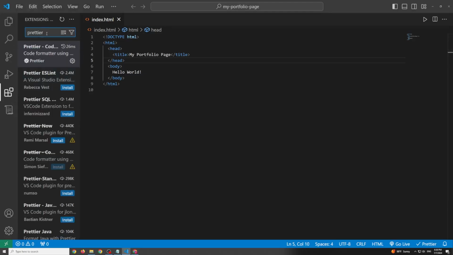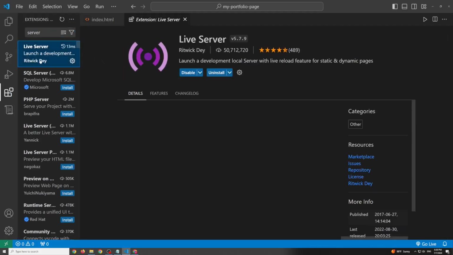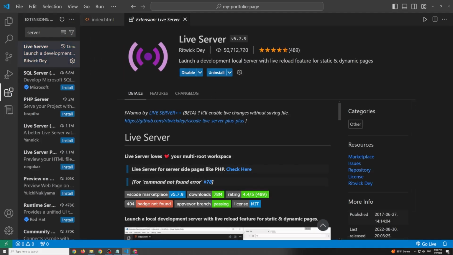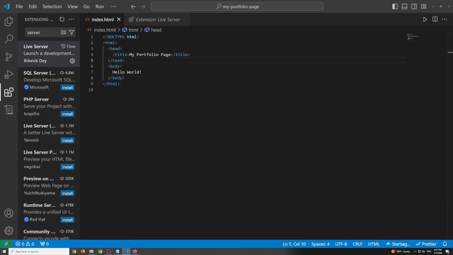See if we can figure out how to do that. We'll say server here, live server, and launch a development local server with live reload feature for static and dynamic pages. So I installed that, and it's actually right here. Click to run on the live server. If I go back to this and I go live,